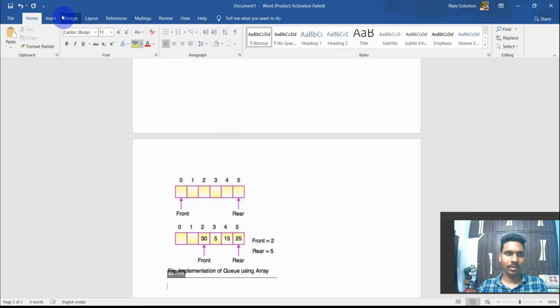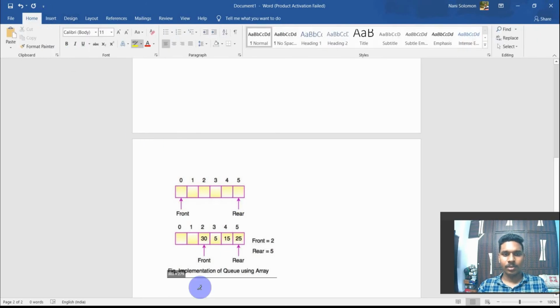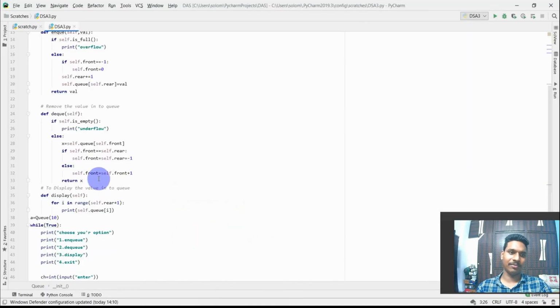So only 4 values are there: 0, 1, 2, 3, 4 positions. If the 0 and 1 values are removed and the 3 and 4 values are removed, only one value is left in the middle. To check this condition, if only one value is there in the queue, we use this statement. This line is used for that.